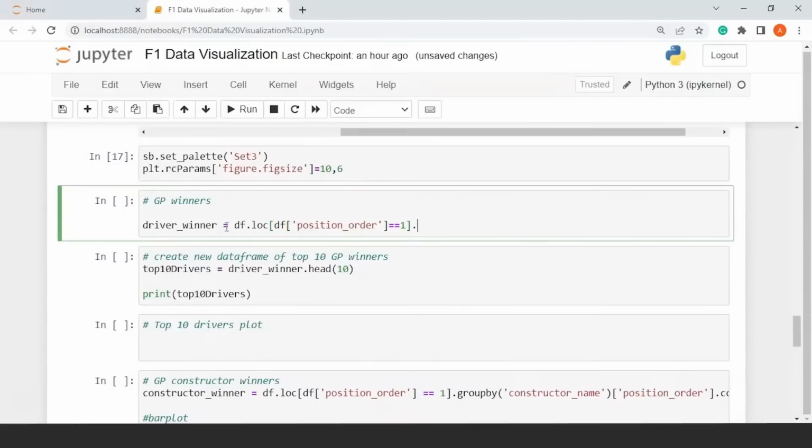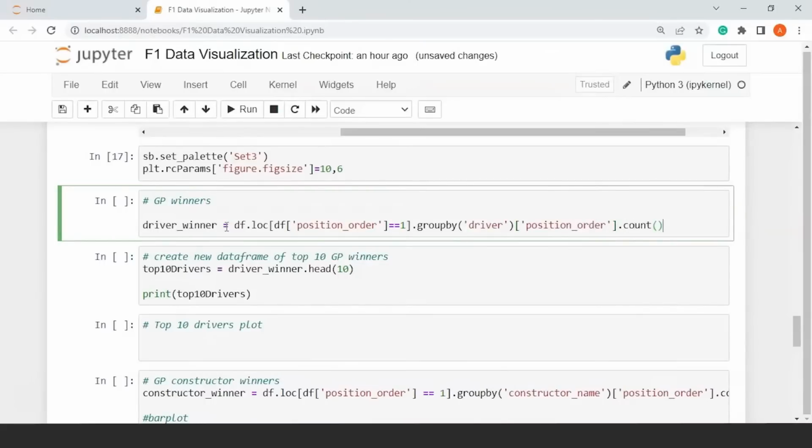And then I'm going to use the group by function. I'm going to group it by driver, and for values I'll say position_order,